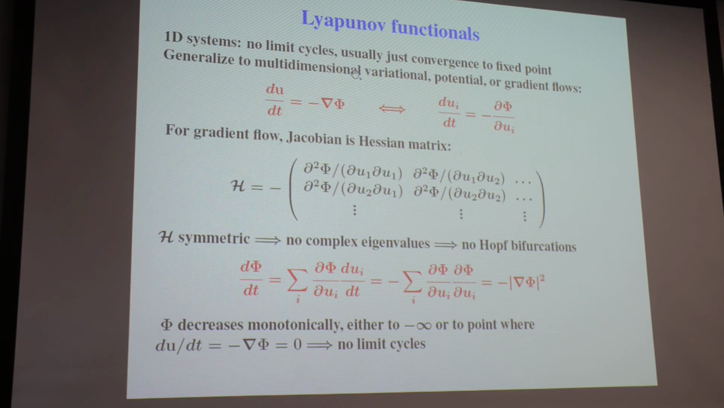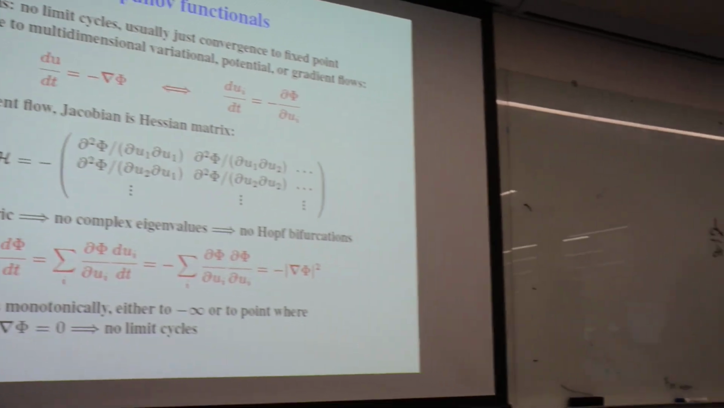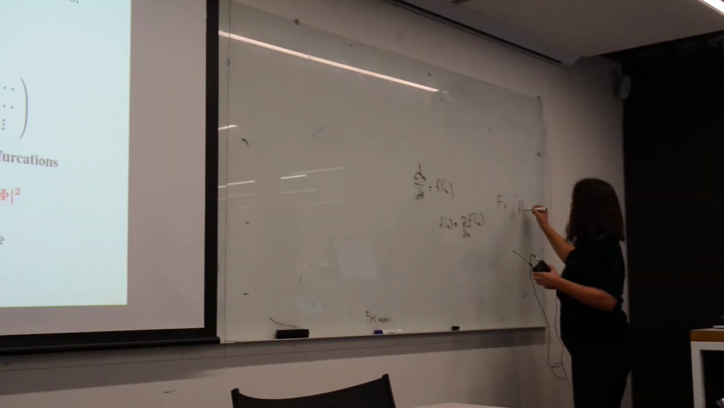In 1D, yes, this would be a function of u. This is phi of u. In 1D, you would have du/dt equals f of u. If this is a scalar, then you can just write f of u equals the derivative of F of u, where F is the